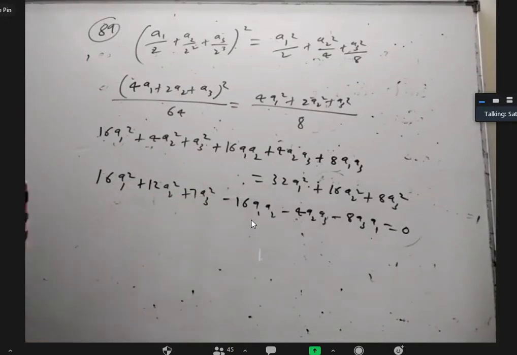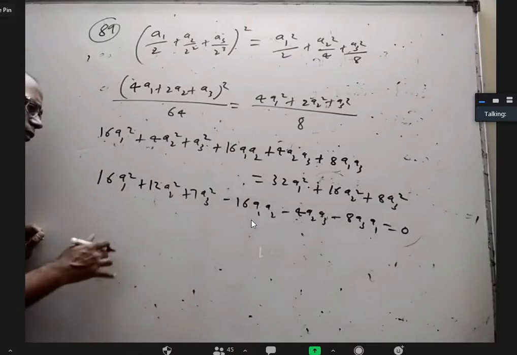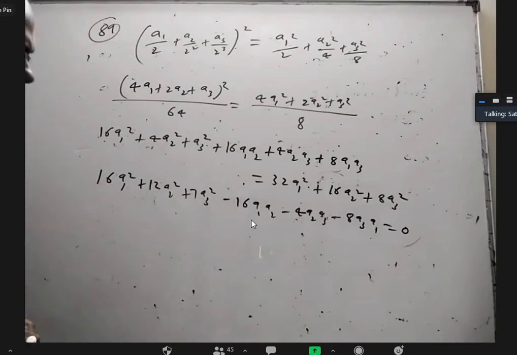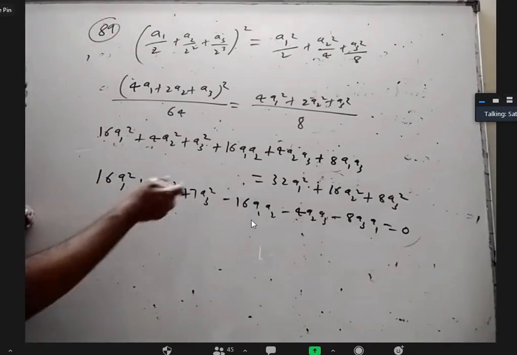Don't ask me how to exactly get the idea, but somehow we have to write this as a sum of perfect squares. I don't think it is a unique way. There must be many ways to write that. Maybe if I multiply two things, maybe easier, may not be easier. I don't know. I'm just going to try.